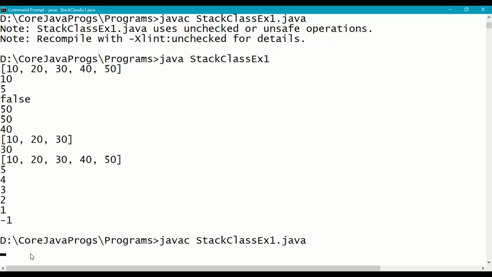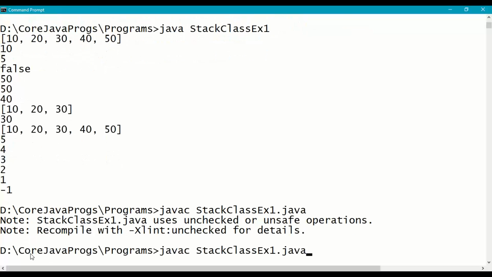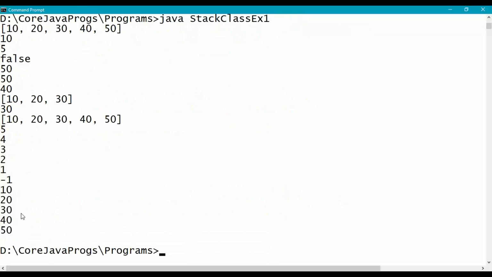Save it, recompile and rerun. So from the bottom 0, 1, 2, 3, 4. Index positions are from bottom to top, 0 to 4, and regular positions are from top to bottom, 1, 2, 3, 4, 5, right to left.